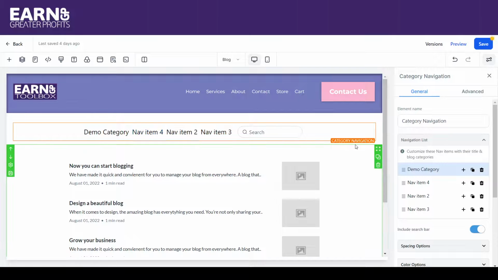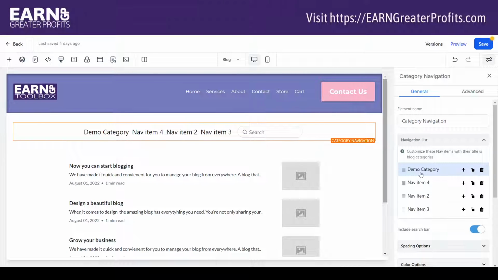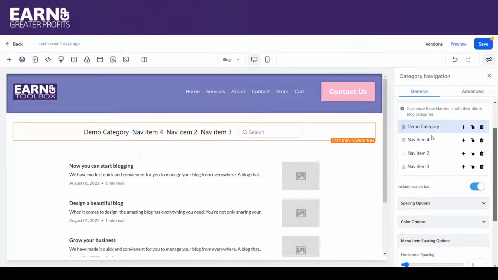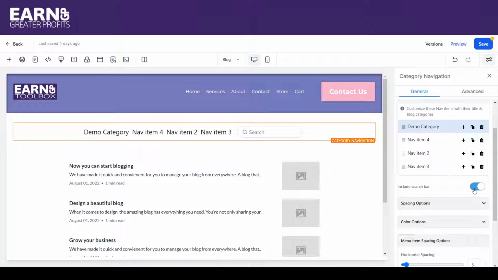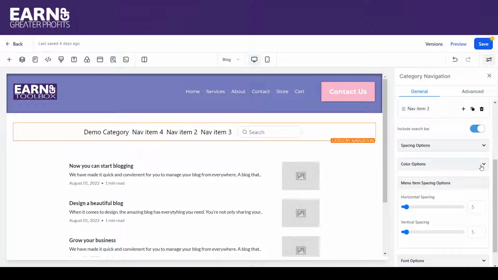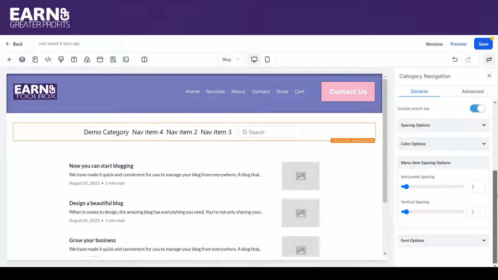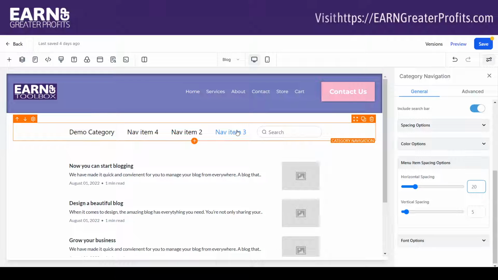And I've also already just named the first one demo category, just to get an idea of what that looks like. And in here you can create as many categories as you want to show up here. You can also include this search bar or take it out. You've got some spacing options, color options, horizontal space and vertical space, so you can widen it out between your